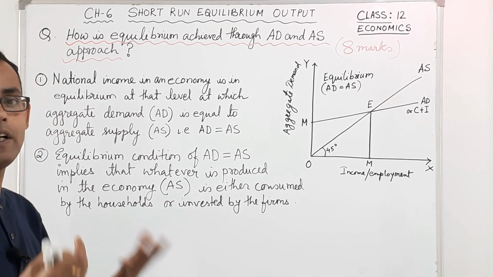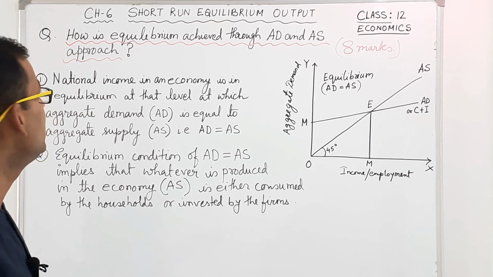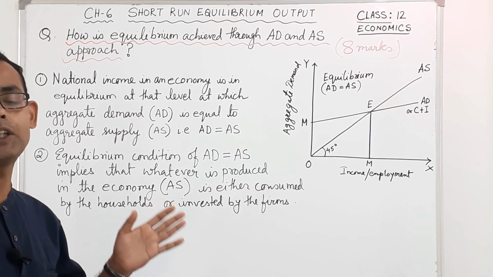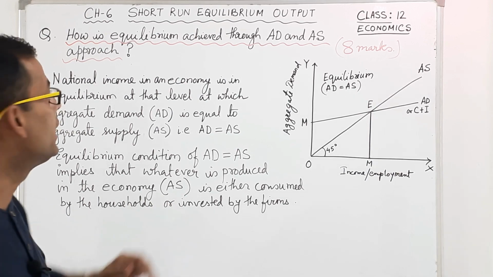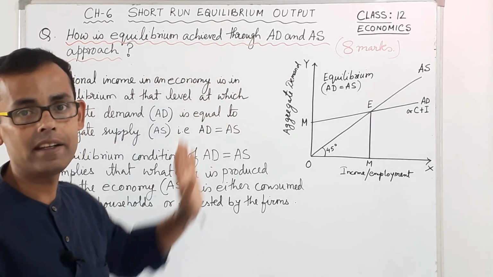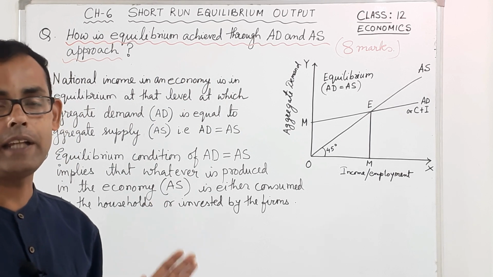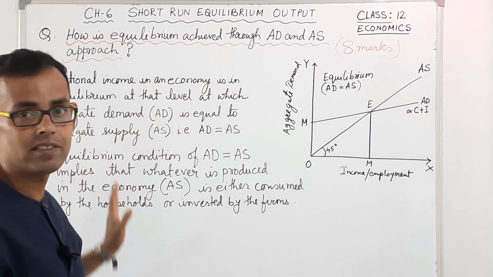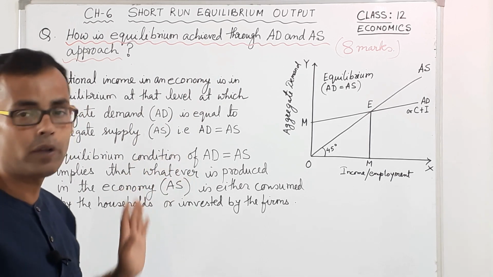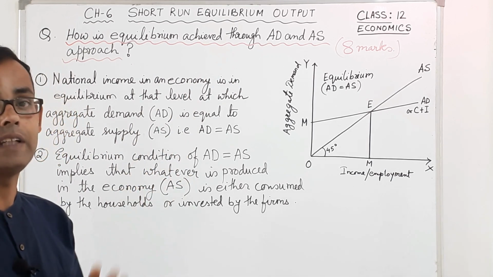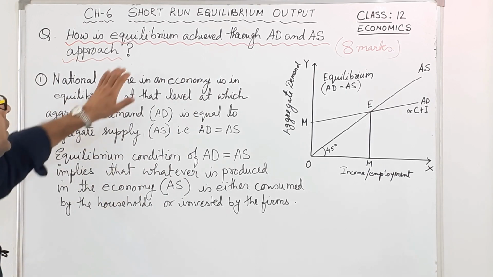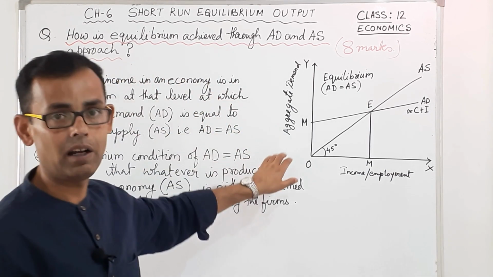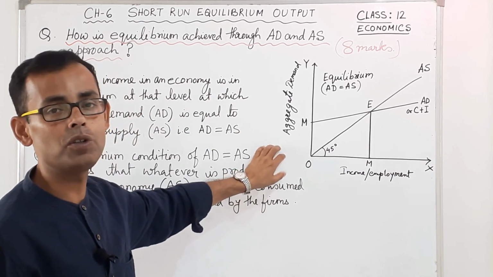What is that other way? They can say, determine national income equilibrium through the AD and AS approach. Or they can say, through the AD is equal to AS approach. Clear? With diagram. For that reason this question has a diagram, and you have to draw this figure